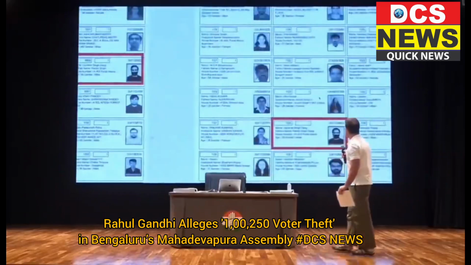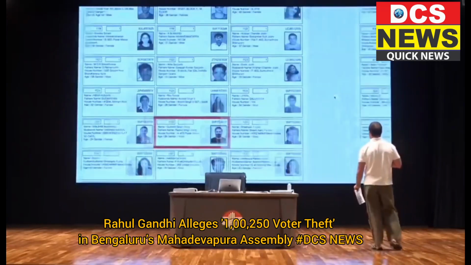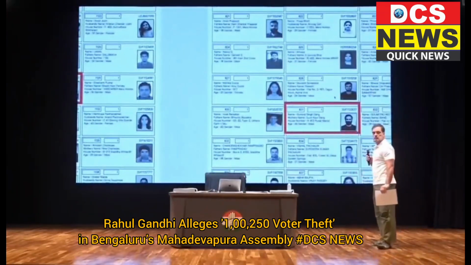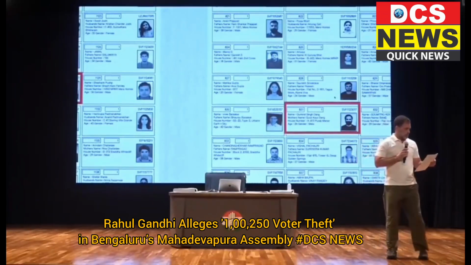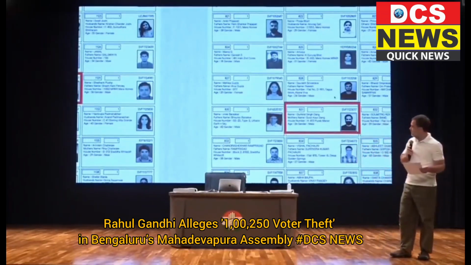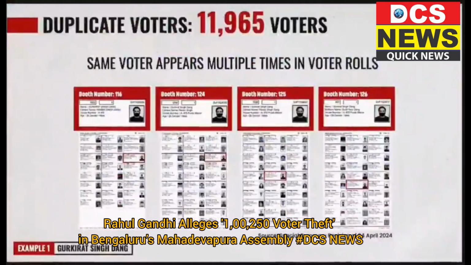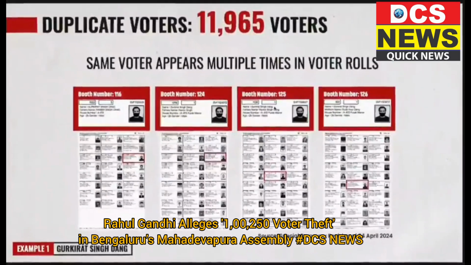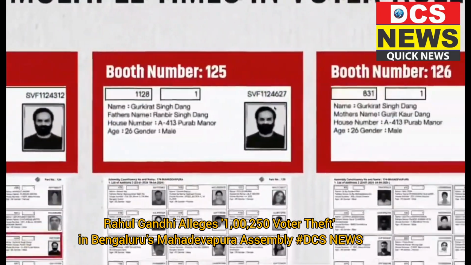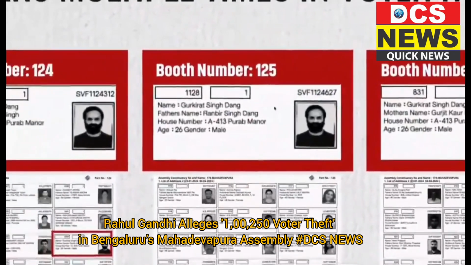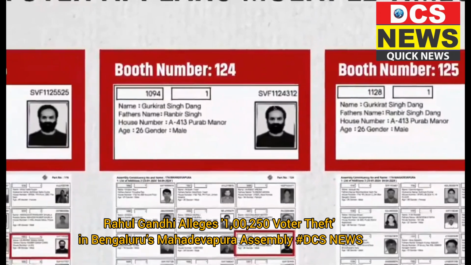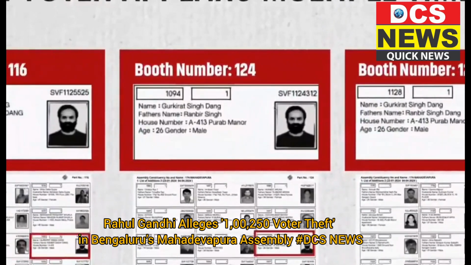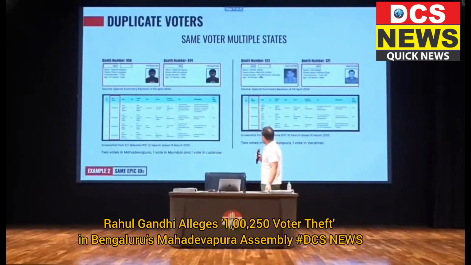twice, 3 times, 4 times, in 4 different polling booths in the constituency. He is the same name, the same address, the same person, 4 different polling booths. And this is not just one person, this is thousands of people in one assembly. Second example,